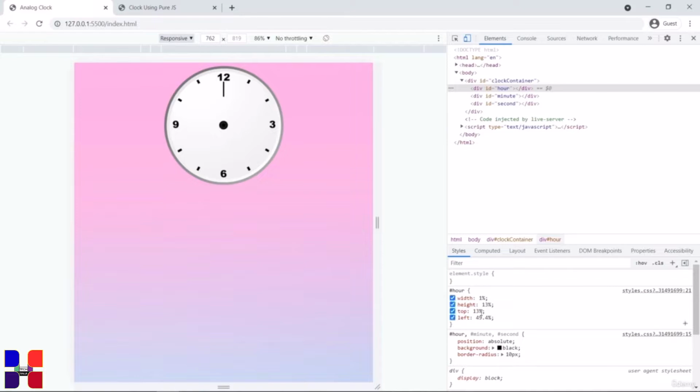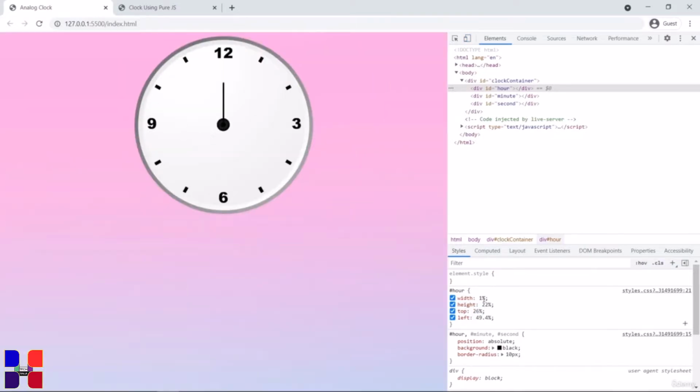So again, come here and increase the margin top. As you can see here, it is coming down. That's good. Now I need to increase the height. I've increased the height and now decrease the margin top. Perfect. Now let us increase the width of this hour hand. Let's set it to 1.8. Good. Now set the height to 25%